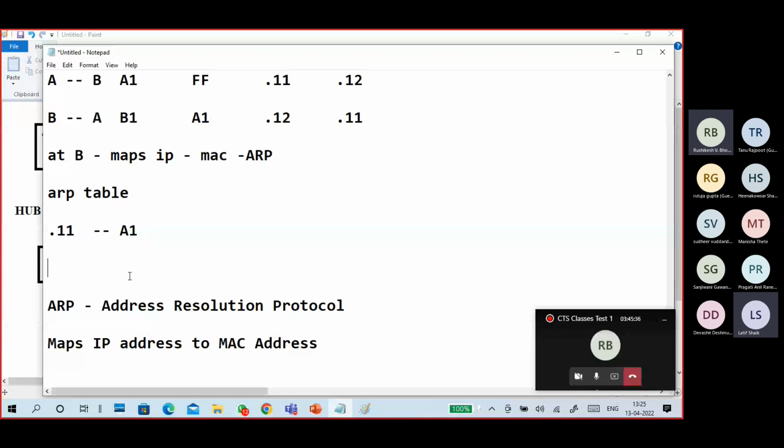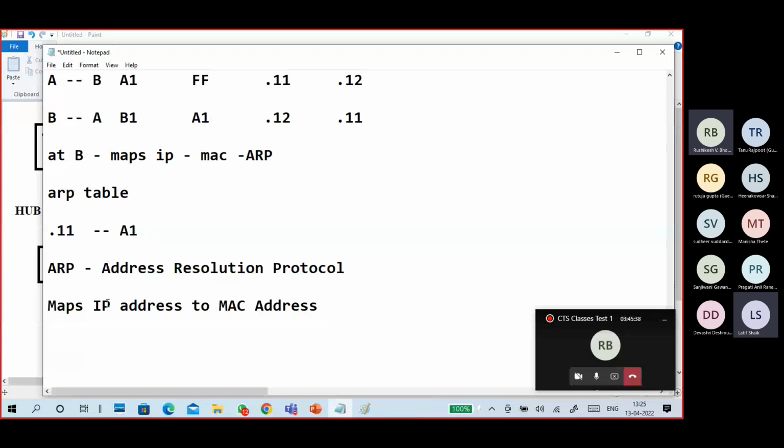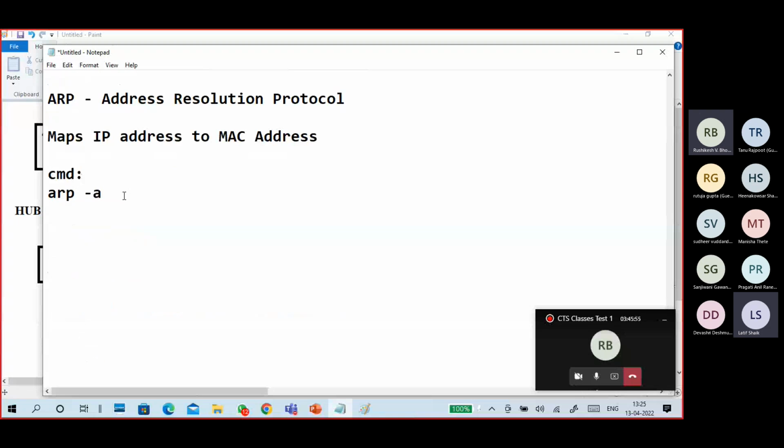That is what we call the Address Resolution Protocol. So how do you check the ARP table? Go to the command prompt and type arp space -a to check the ARP table.